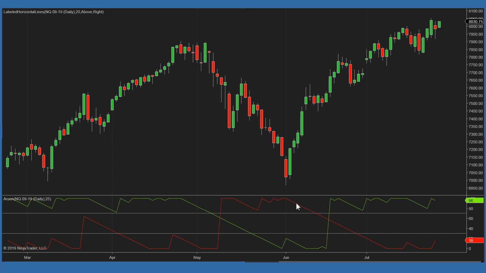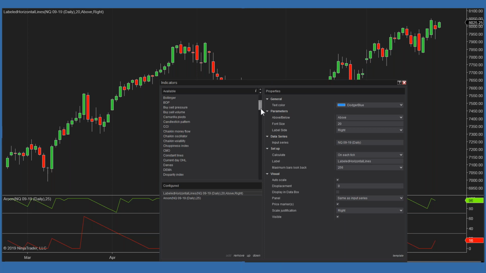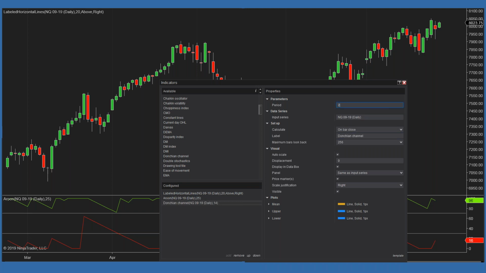When you set your values at 25, you can see that the signals lag a little bit more, but it is a trending indicator. It's an indicator that tries to show you when a trend is developing. And it does so by showing you when the market is essentially making new highs and lows for a 25 period. In that case, it's really not that much different than the Donchian channels that we looked at a few months back. If we set those at 25,